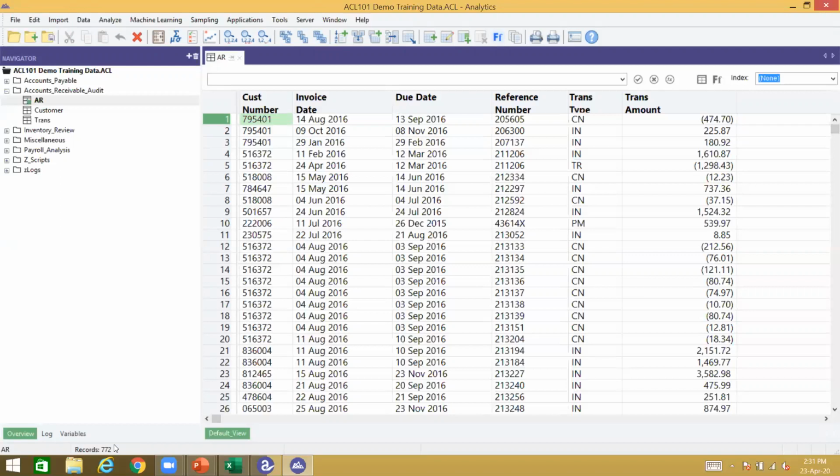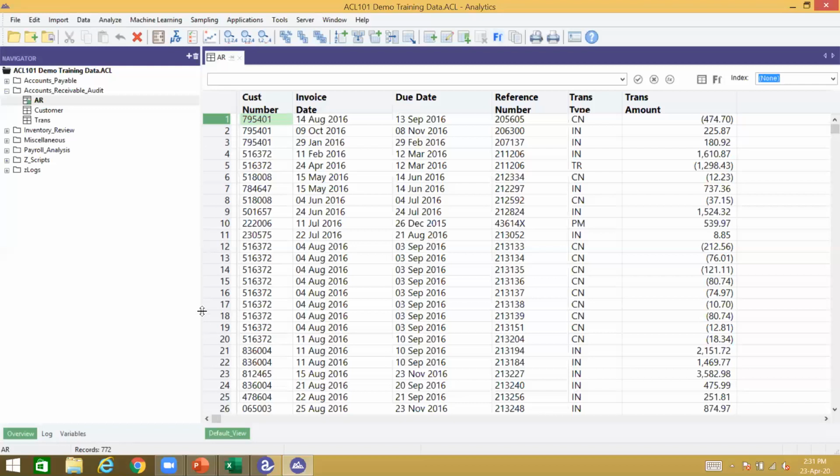Because we told it can pick anywhere from record 1 up to 800. And record 790 doesn't exist. So obviously, it can't put that record into our sample table. So we must make sure we tell ACL the correct population size. All right, now that we've made sure, or that we know at least that this is 772,